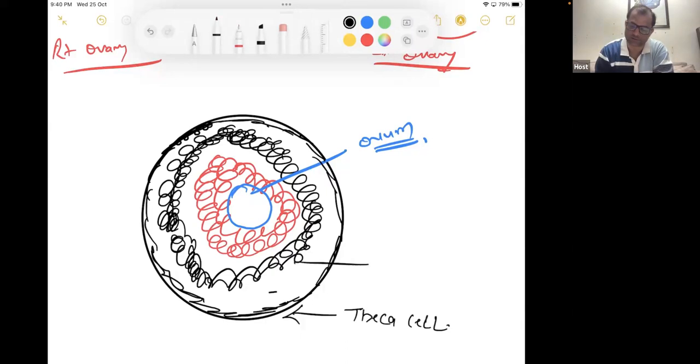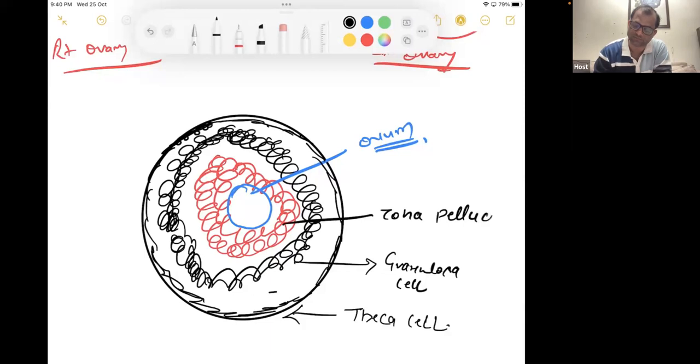फिर अंदर गए, फिर थीका सेल के बाद जब हम थोड़ा अंदर जाते हैं तो ये जो सेल होती है इसे कहते हैं ग्रेनुलोसा सेल. फिर और अंदर जाते हैं तो मिलता है एक लेयर, इसे कहते हैं जोना पेलुसिडा, और सबसे अंदर मिला ओवम।